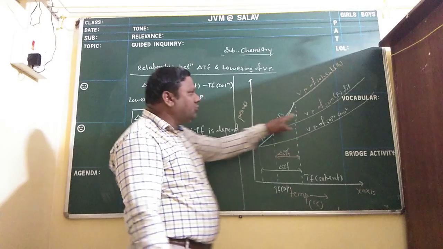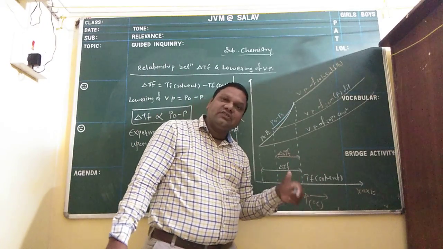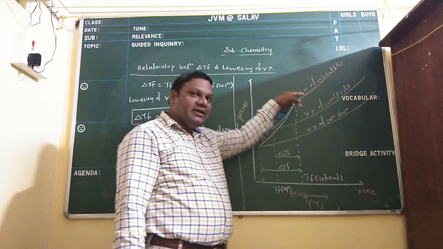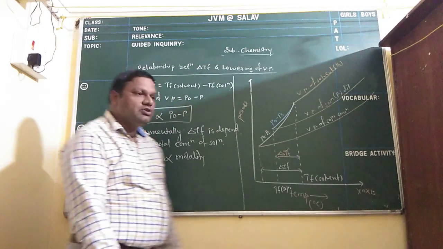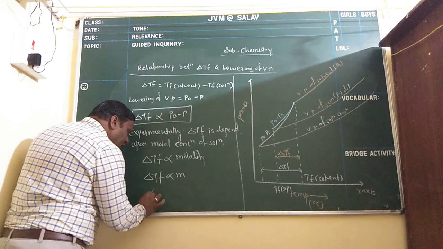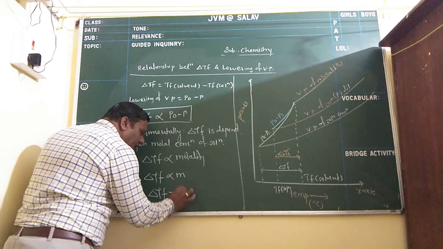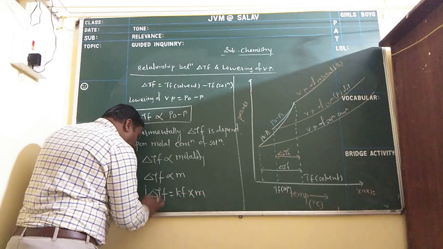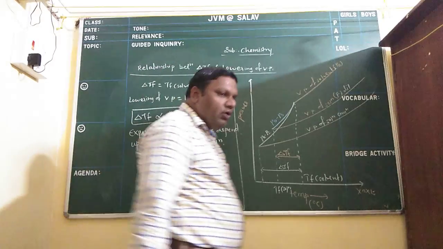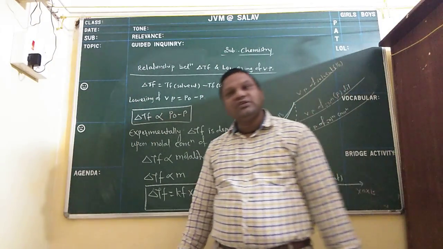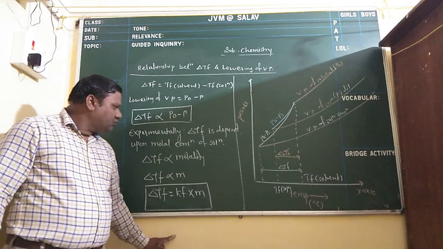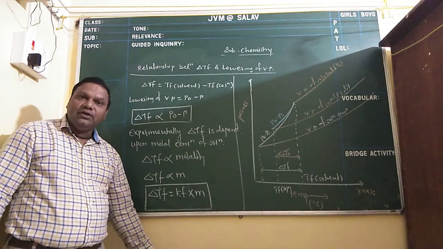Because when you increase the amount of solute, the molar concentration of that substance changes. So this is directly related to the molar concentration of solution, that is molality. So del TF is directly proportional to m. So del TF is equal to Kf into m, small m for molality, and here Kf is the molar depression constant, also called the proportionality constant. Is it clear the terms? So this is del TF equal to Kf into m.